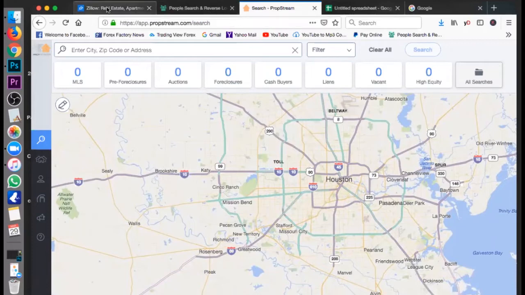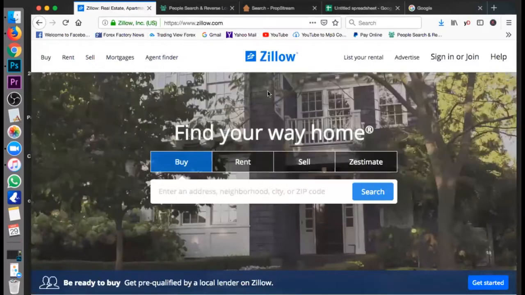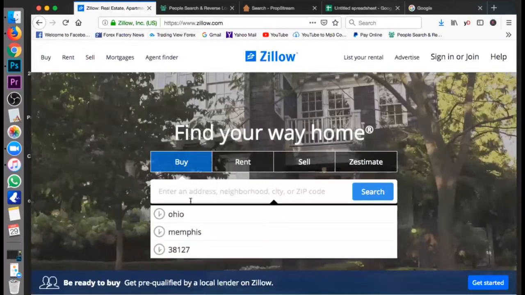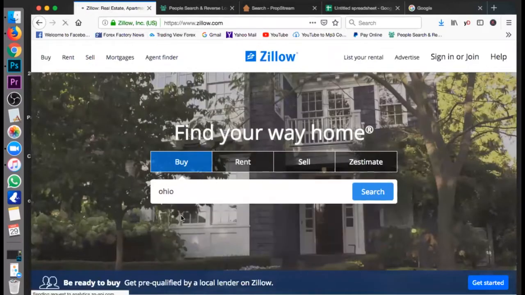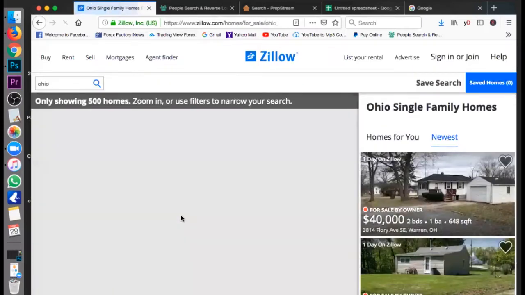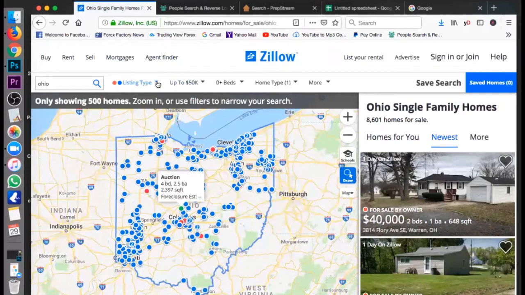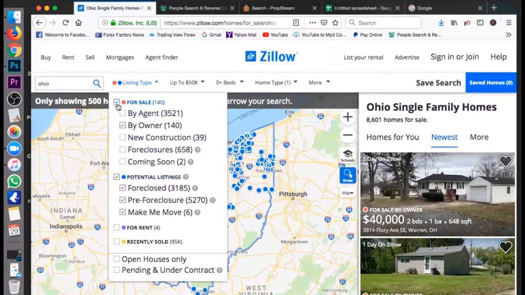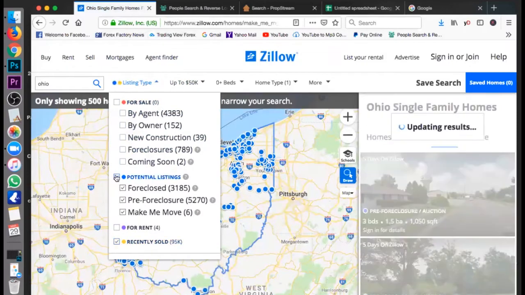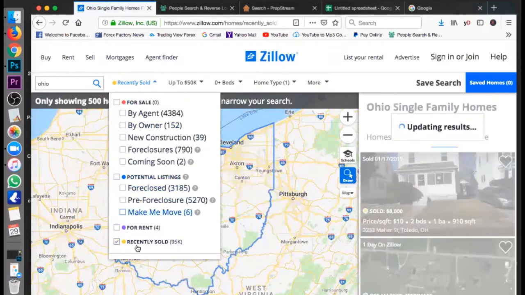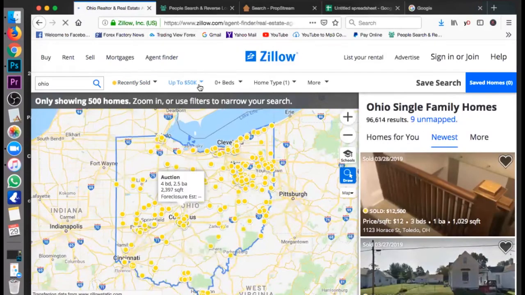All right, so what we're going to do is use Zillow to find our hot zip codes, our hot areas where people are actually buying homes. That way, when we go to PropStream, we know where people are actually buying properties. So you're going to go right here and go to recently sold. You're going to uncheck everything else and just show me recently sold. We're going to say between,